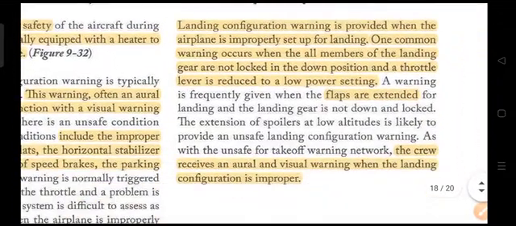Landing configuration warning is provided when the airplane is improperly set up for landing. One common warning occurs when all the members of the landing gear are not locked in the down position and the throttle lever is reduced to a lower power setting. As soon as you put the throttle down, or slow down to land, if the landing gear are not down and locked, then if you are decreasing your speed below a certain speed, it will give you proper warning